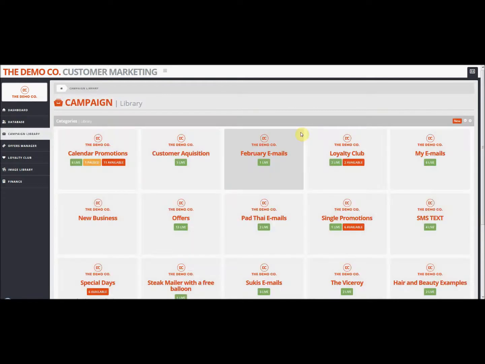Campaign library is categorized and gives you access to the campaigns that are available on the system, as well as any campaigns that you've created yourself. You'll see it at this level. You can see the category, how many are live, how many are paused, and how many are available in each campaign. So for example here, calendar promotions, we have 6 live, 1 paused, and 11 available. You can drill into that category,